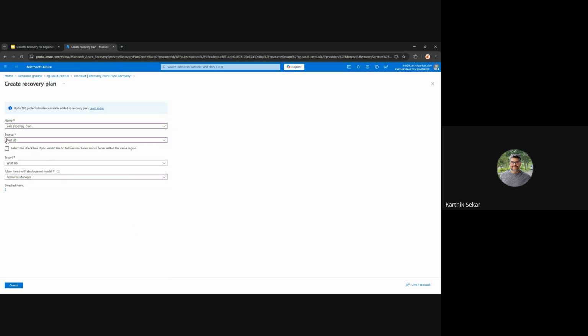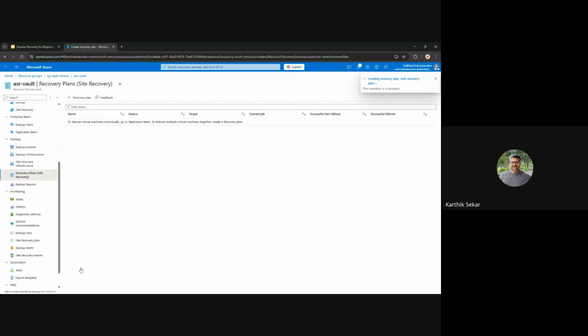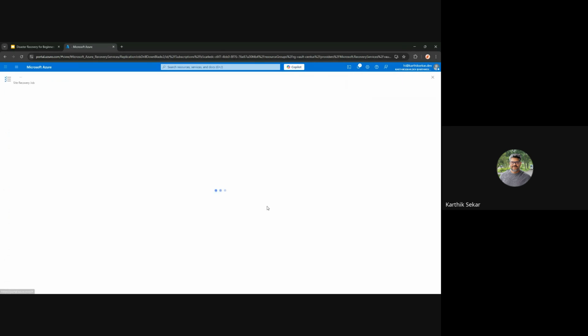Okay, so here we selected region 2 times, right? So what is the purpose of the first one, and what is the purpose of the second one? The first one is basically where we hosted the production servers, which is East US. And when something happens or when we test it, where we need to create from the replication, that is West US. And then I'm creating it. Let's see the status.